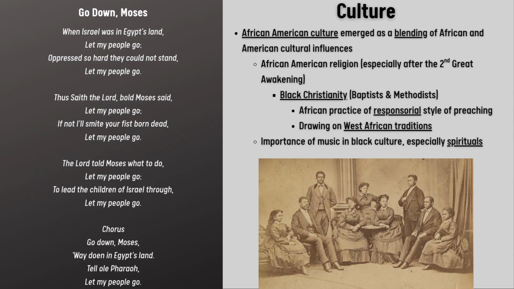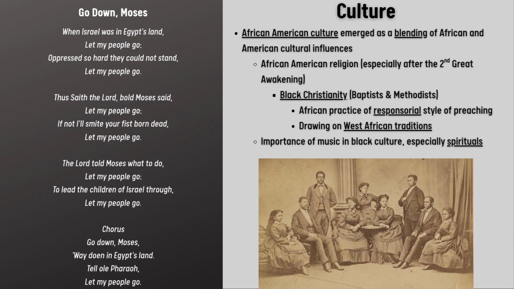The evolution of African American culture, where African and American influences beautifully intertwined. This cultural fusion is a testament to resilience and creativity. A turning point in this cultural emergence was the Second Great Awakening, which saw the rise of Black Christianity, particularly